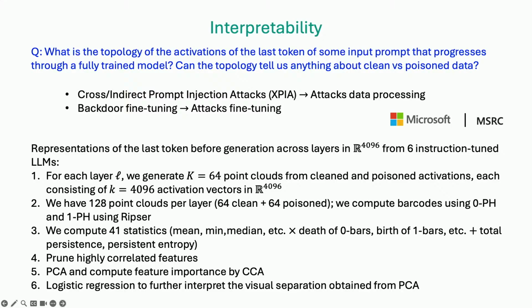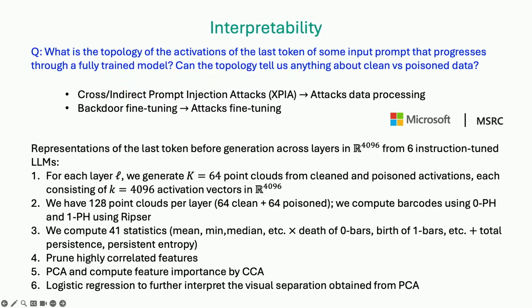The other one is sandbagging or backdoor fine-tuning. Once you have your pre-trained model and you move to the fully trained setting, where you want ChatGPT to have conversations with you, this is the other place where you can have adversarial attacks. In the case of backdoor fine-tuning, attackers can deliberately make your model underperform.